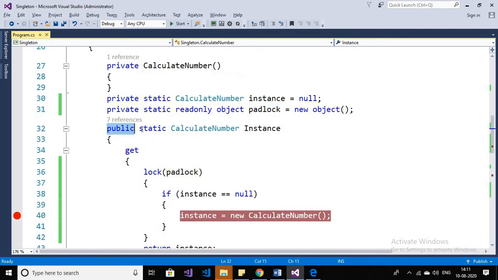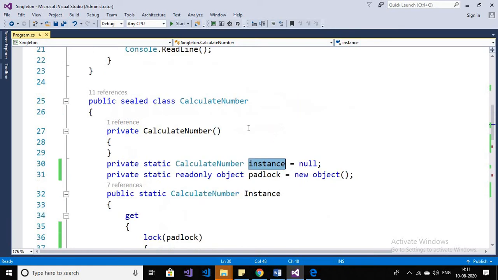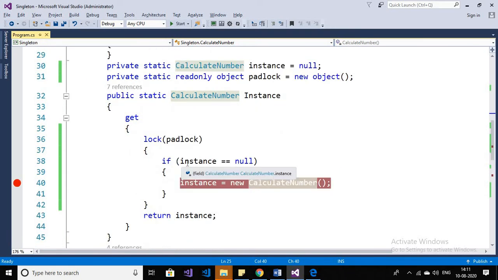So now here the public static CalculateNumber instance means I am assigning an instance. Now I will assign the instance to this static variable of my singleton class reference. Okay, so if the instance is equal to null, then it will create a new instance. As a singleton class says, a singleton class should have only one instance.